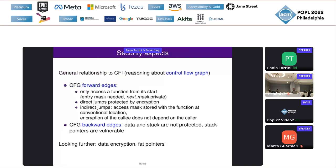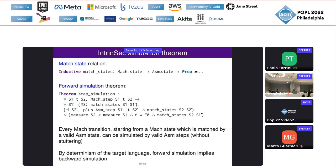So from these definitions, we also need to add a revision of the match state notion, and then we can actually get a new forward simulation theorem, which basically states that starting from a match state, which is matched by a valid assembly state, we can always produce a valid assembly state that matches the